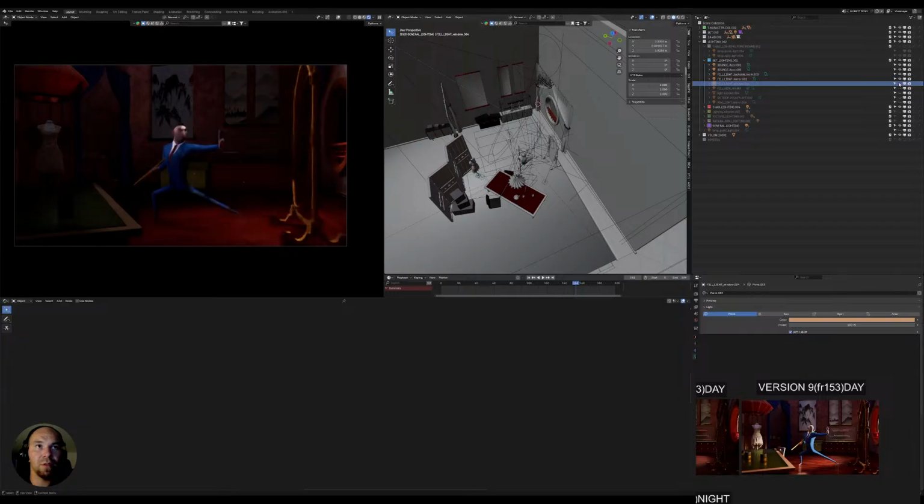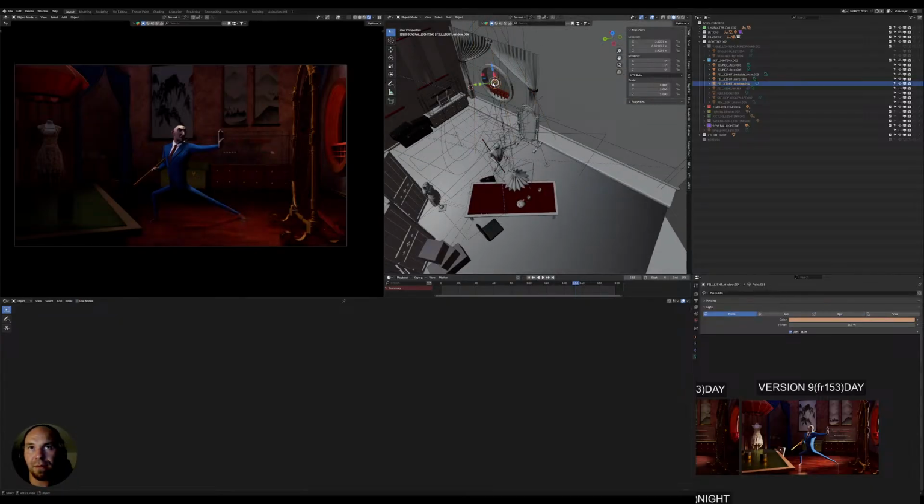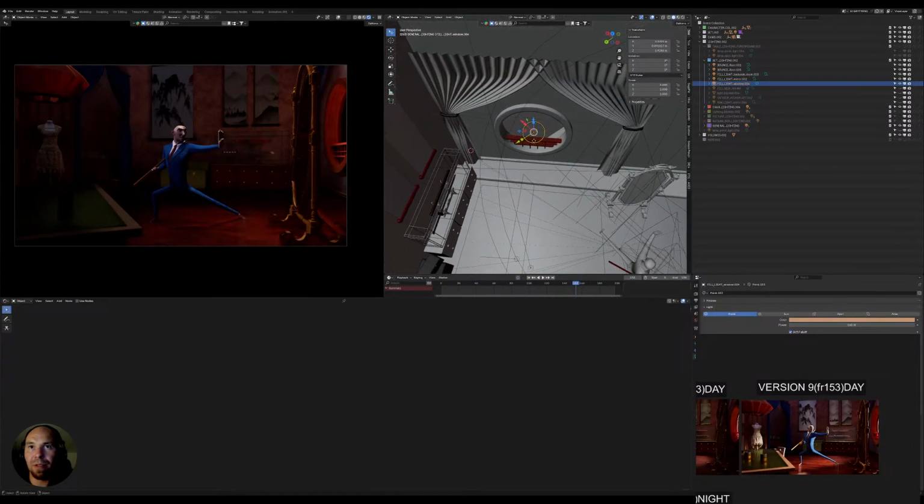So this one is doing this, that we might lower a bit. I think that this light is actually giving us these harsh shadows here, which might be a bit too much, so that we could